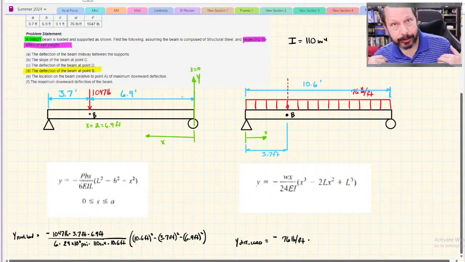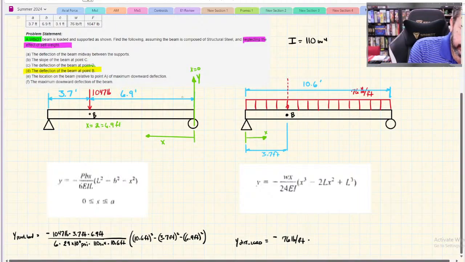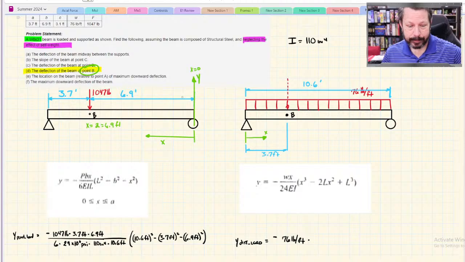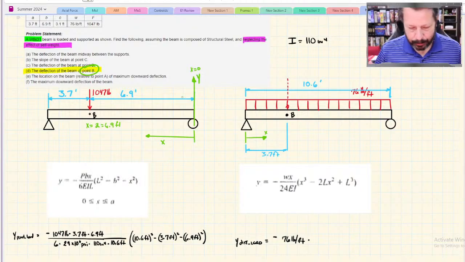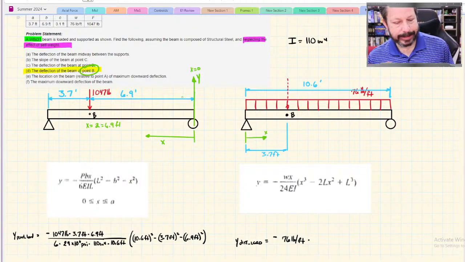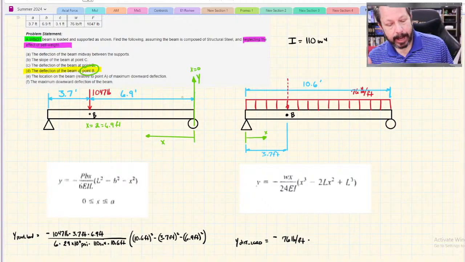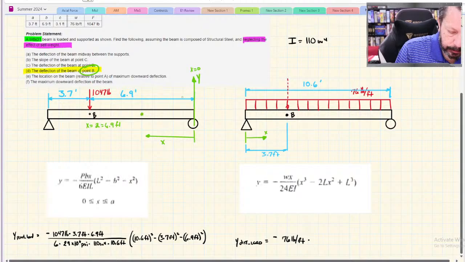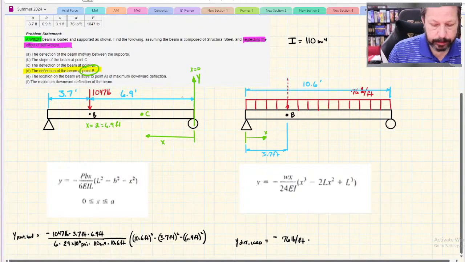So we actually wanted, the problem told us to find the deflection at point B. So in that case, x needed to go all the way to point B, which is why it's labeled B. If this is A, whatever, the point underneath the point load happens to correspond to point A. But we could have been asked to find the deflection over here at point C,